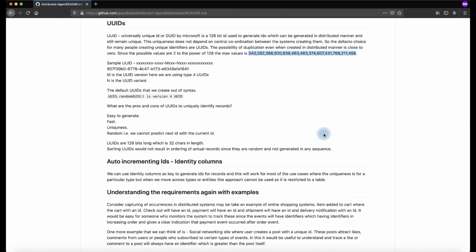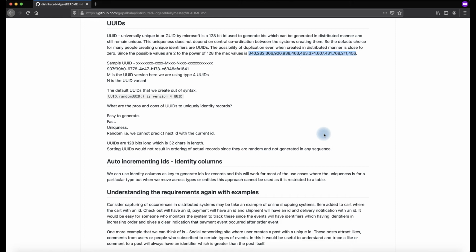The next thing we need to worry about is that UUIDs do not guarantee ordering. When we generate a UUID the first time and generate another the next time, they result in two completely different IDs, and there is no guarantee that the first generated one will come first and the second will come second. If we sort the records based on UUIDs, they will not be in time sequence. Most of the time we might have a requirement to sort the records based on their arrival time, based on the occurrence of the events.